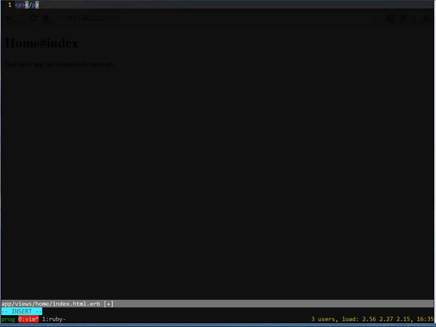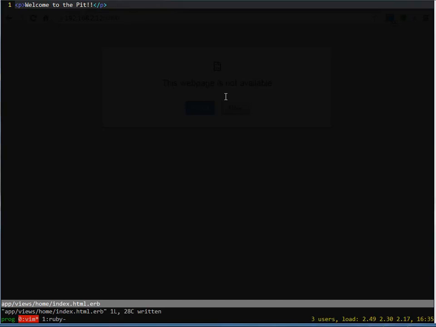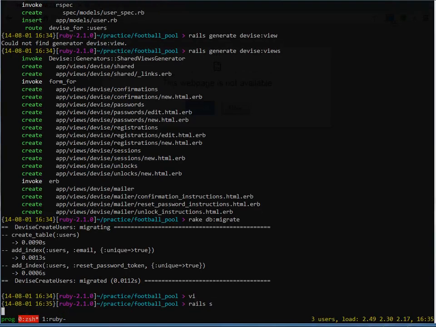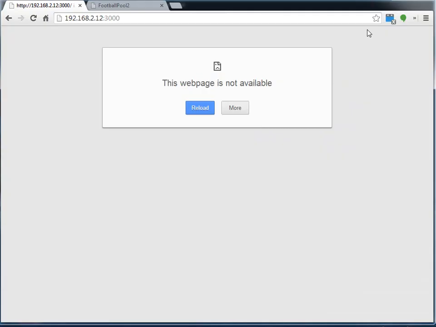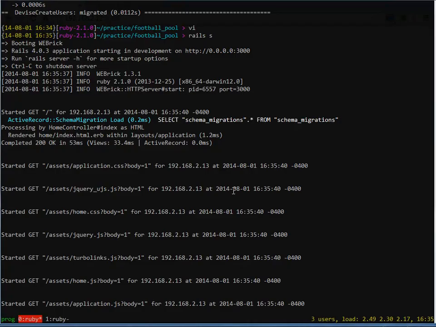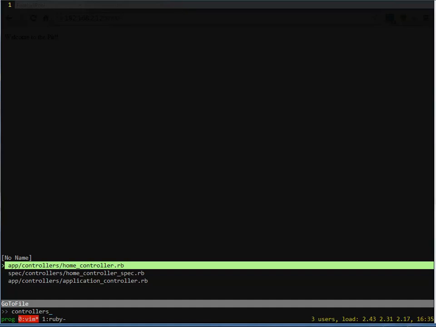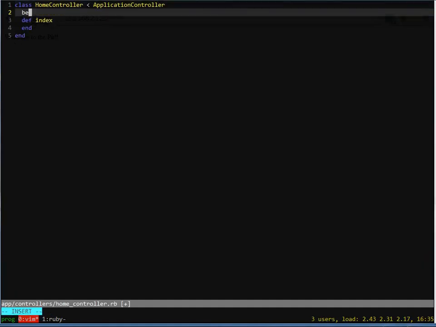we'll go here and we'll say, well, and if we were to refresh now and actually have the server running, it says welcome to the pit. Now our objective is to make it where you don't see welcome to the pit unless you've actually signed up for our website. So what we're going to do is go into controllers, into our home controller, and